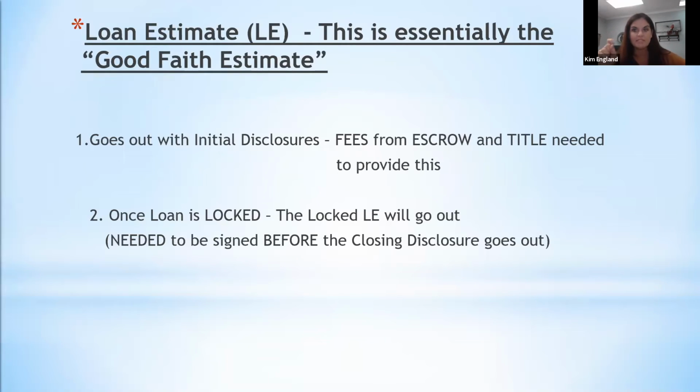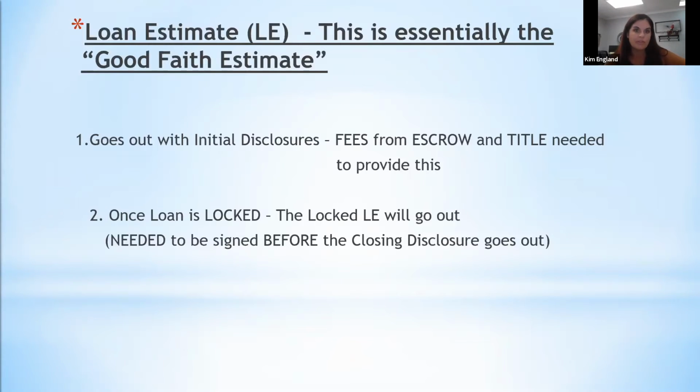So your borrower is going to sign a loan estimate, typically twice. Once we have the fees from the escrow, and once the loan is locked, there'll be a second loan estimate out. We call it the locked loan estimate, but it still looks the same. There's just a box that's checked: yes, the loan is now locked. Initially it could be locked, but most of the time it's not. Most of the time we will lock within transactions. So the second one that goes out is the locked loan estimate. That has to be signed